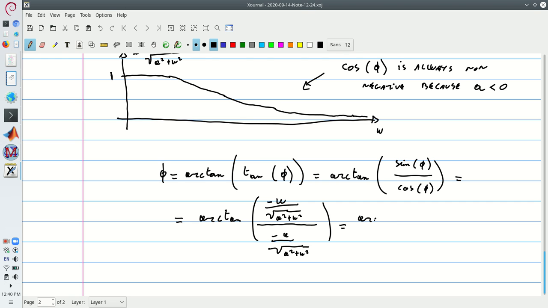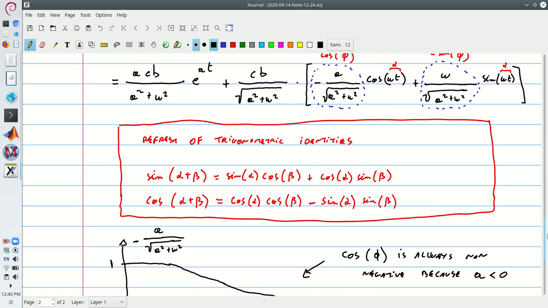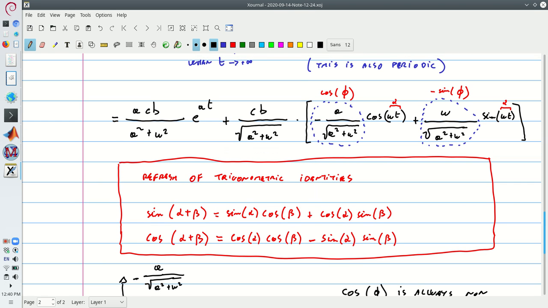So this is equal to the arctan of omega divided by a. So what I'm saying after this, I'm saying that if I take this angle phi to be the arctan of omega divided by a,